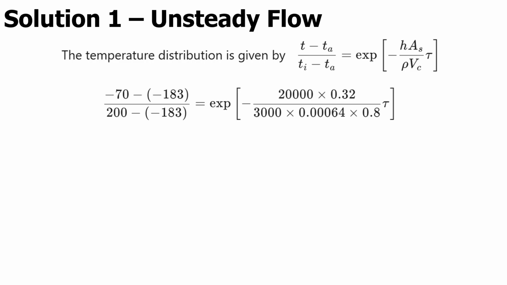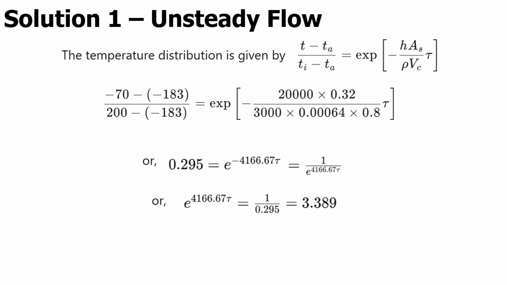After performing the arithmetic, the left side of the equation simplifies to approximately 0.295. The exponential term on the right-hand side becomes exponential minus 4166.67 tau. We can then rearrange this equation to isolate the exponential term, which is equal to 1 divided by 0.295, or approximately